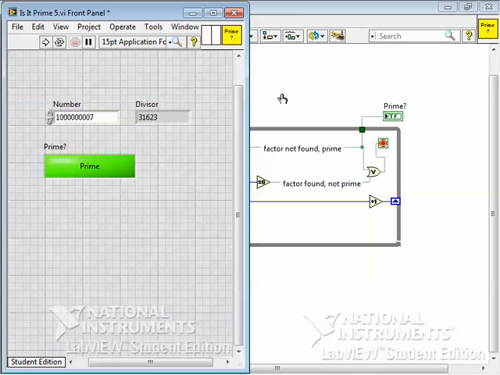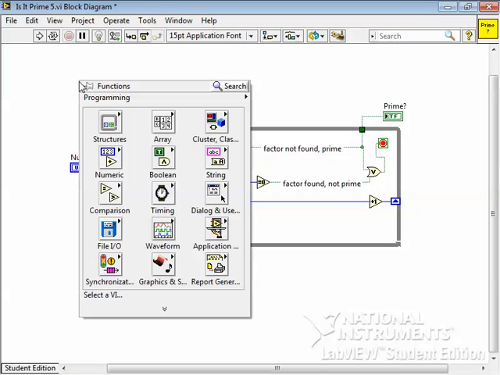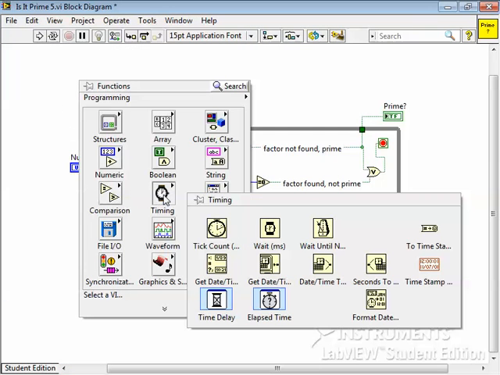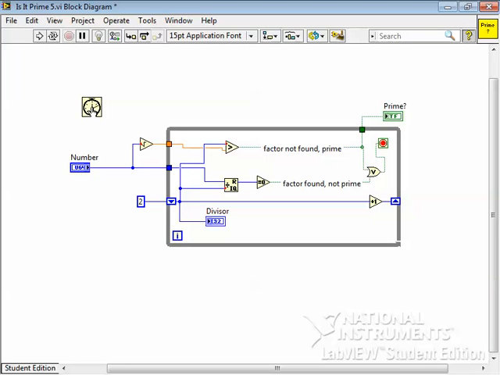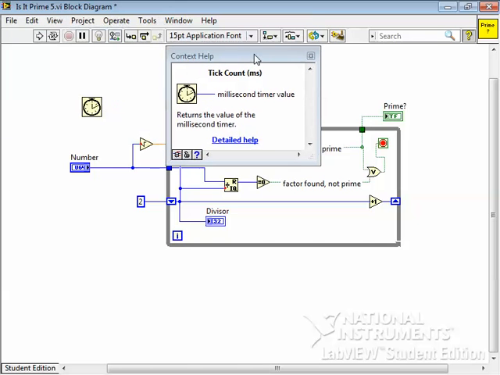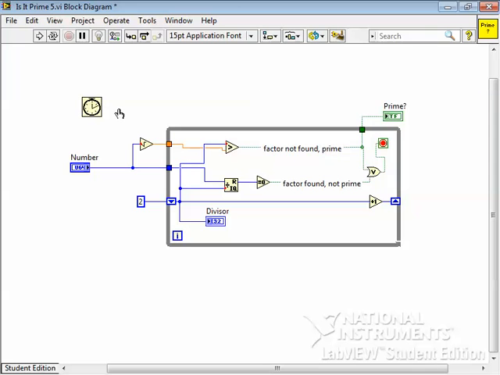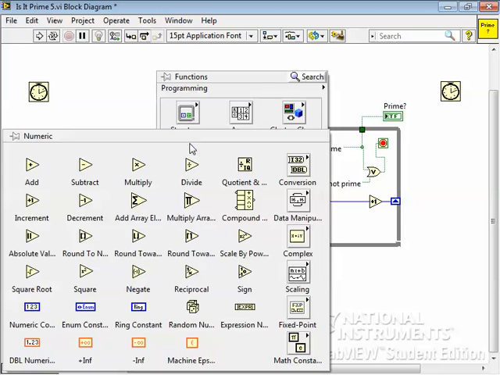It wasn't zero time. One way we can time our VI is go into the timing functions, and there's a very simple one called tick count. If we look at its context-sensitive help, the tick count function tells you the milliseconds on a timer. This is kind of like a stopwatch that runs in thousandths of a second, and every so often it resets itself. So the idea is when you run this, it sends a number out that's the current time on the clock. So if I did that when the program first starts and do it again when it ends and then subtract the difference,